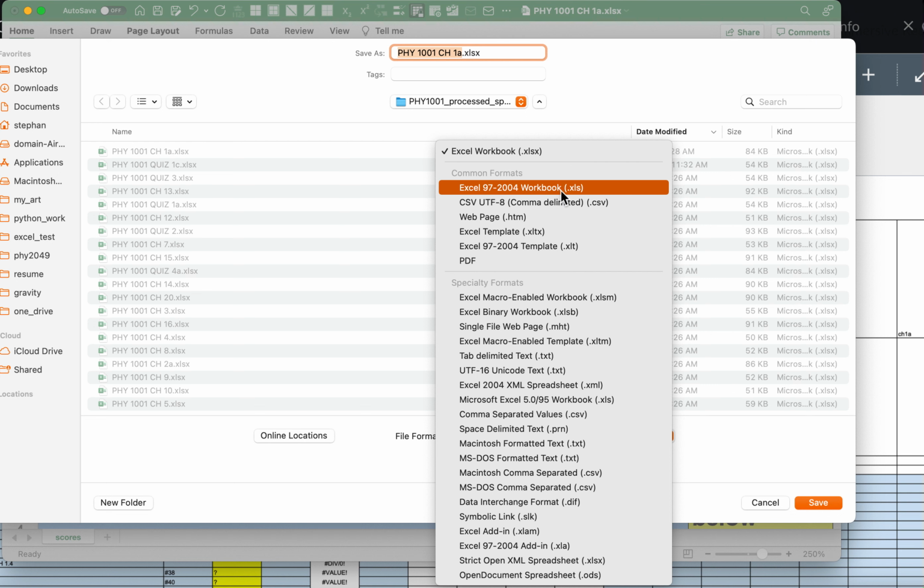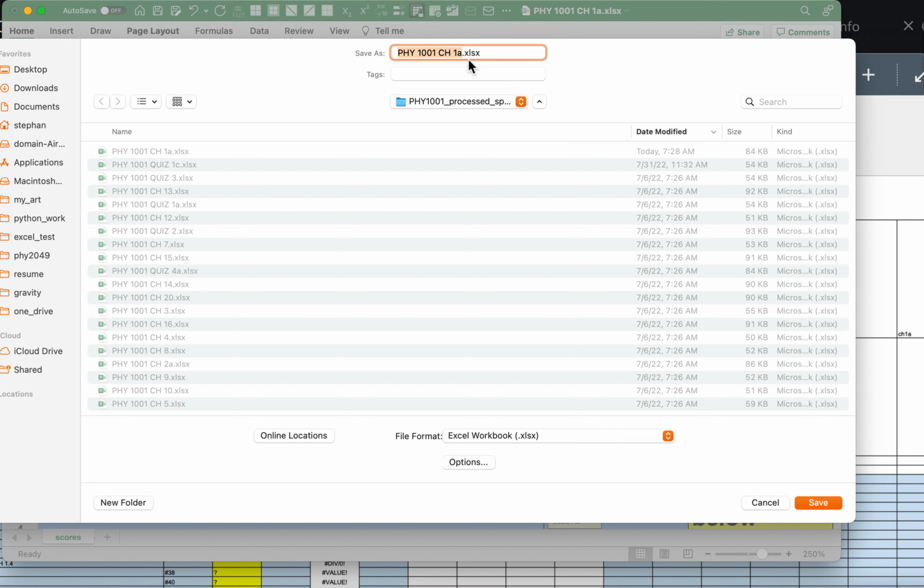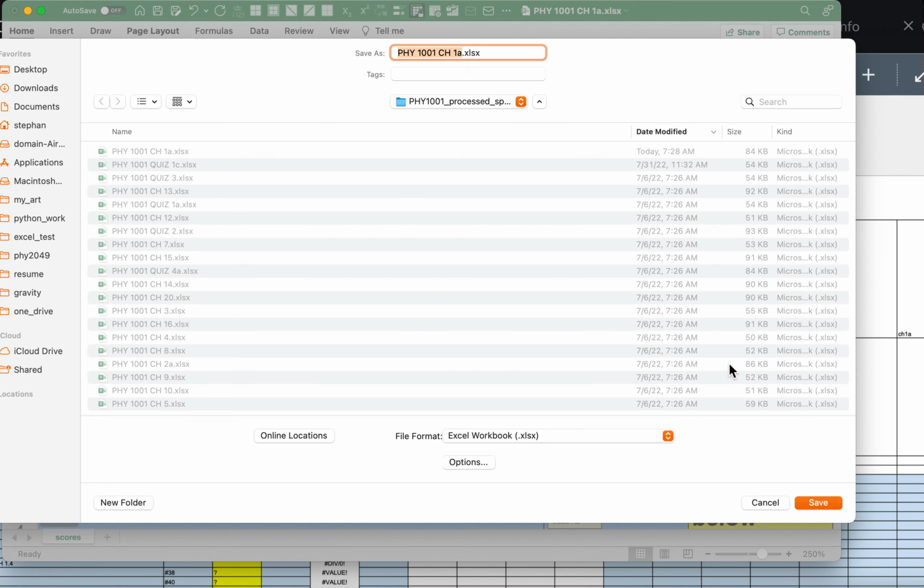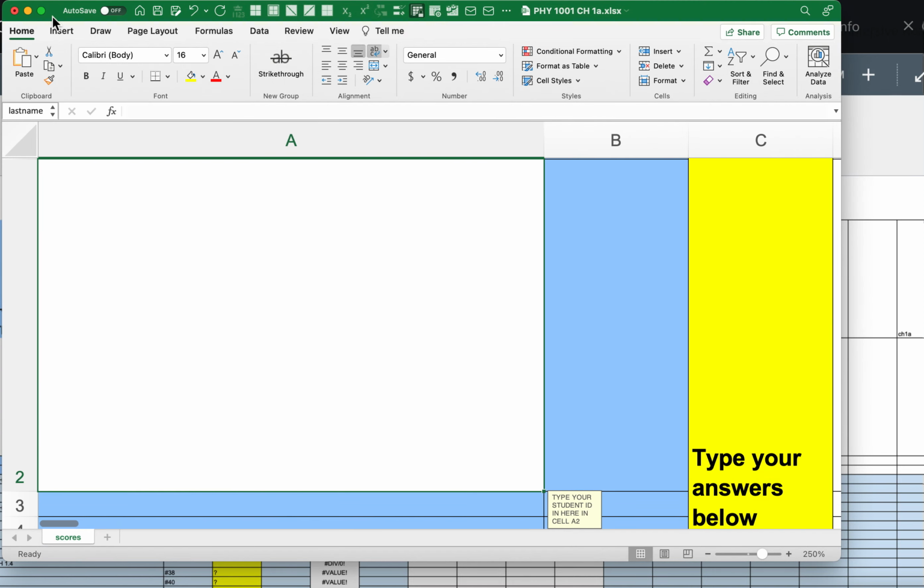Don't save it as a .xls or this .xlt, so don't save it in those versions. Make sure you save it as the top version here, which is the .xlsx. Once you've selected .xlsx, then you can save it. I'm just going to cancel, but you'll save it. And then once you've saved it,